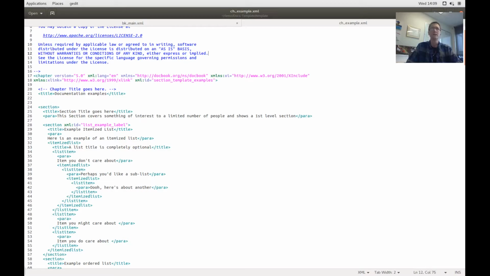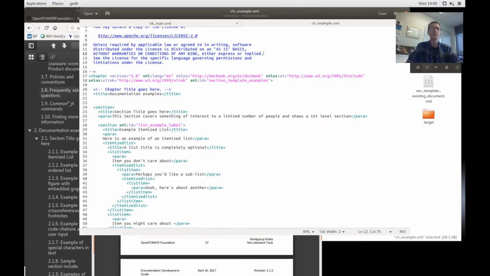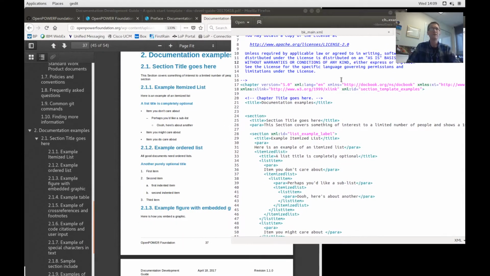Let's take this source code. Unmaximize. There we go. Let's change the size of this a little bit. Slide this over here, and we start to see